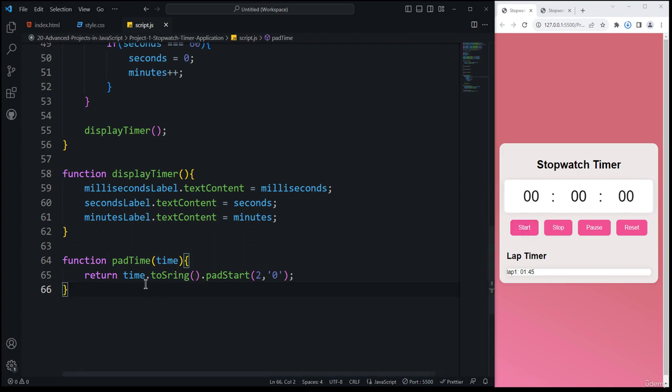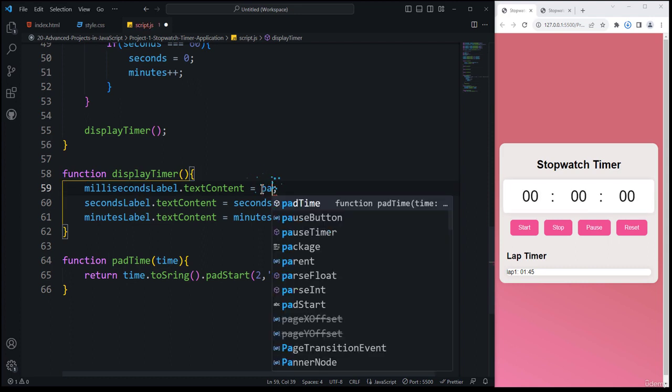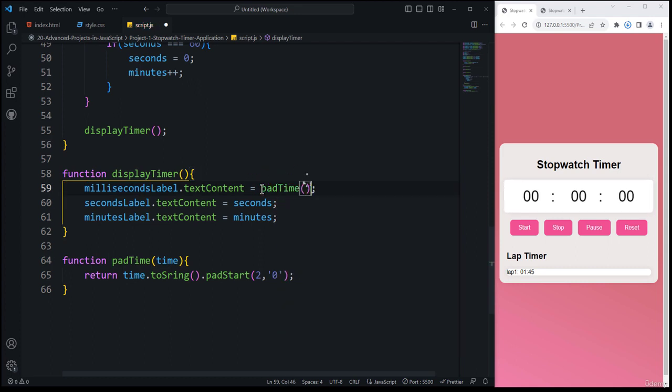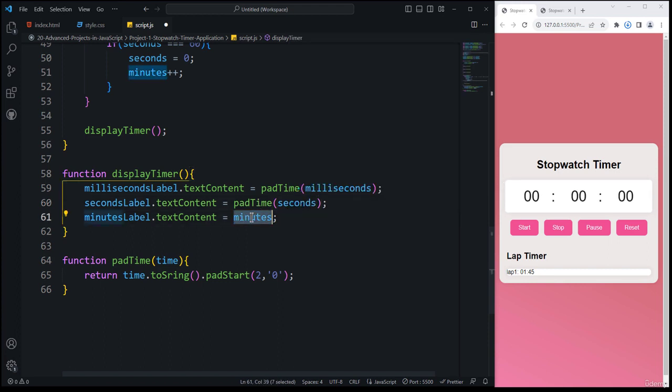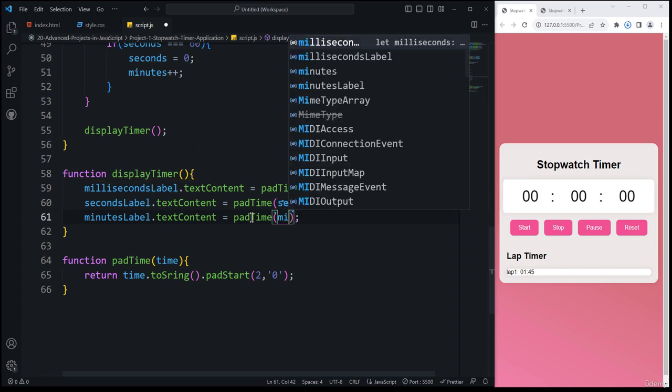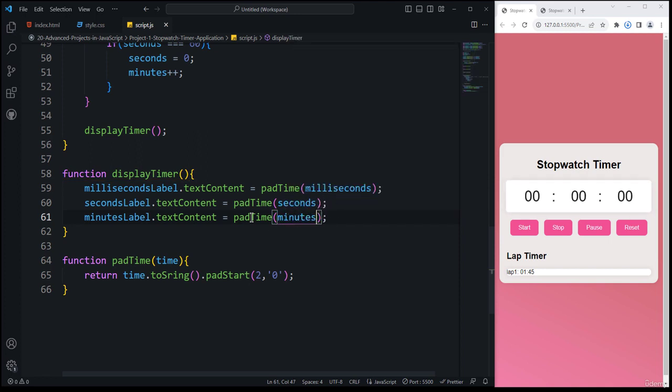Now we need to use this function. So whenever we are displaying the time, we want to display the time in a formatted way. So this milliseconds will be passed to this pad time function, and also these seconds to pad time. Instead of that I will be passing these seconds, and then inside of this pad time again we need to pass the minutes. Alright, now if I Ctrl+S save it and click on the start button,